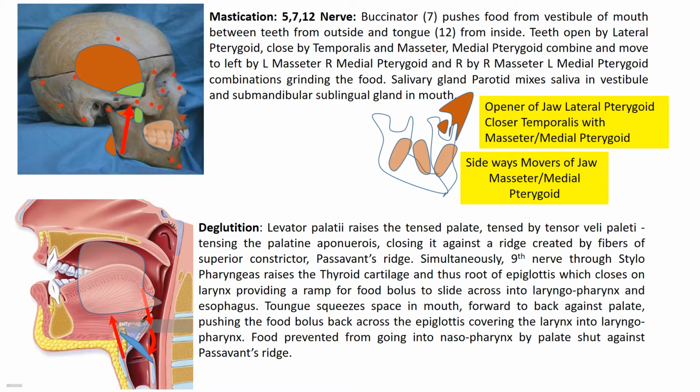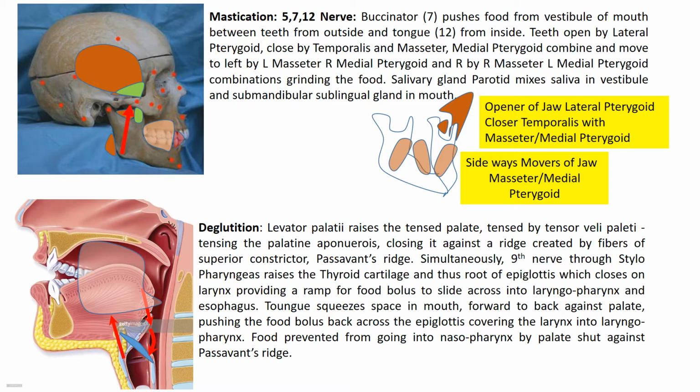Then once the bolus is formed, it must go into the esophagus. For it to go into the esophagus, the tongue must move up and back so that the food is squeezed from anterior to posterior. Then the nasopharynx must close. That means the soft palate, the tensor veli palatini should tighten. The levator palati should pull it up. The superior constrictor should constrict, creating the Passavant's ridge so that the palate can close against the Passavant's ridge, and